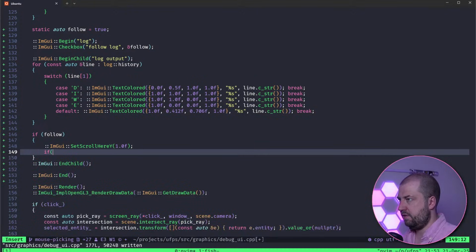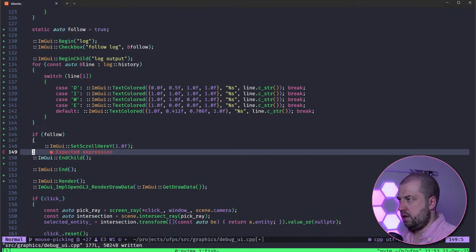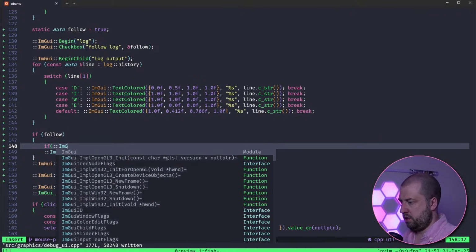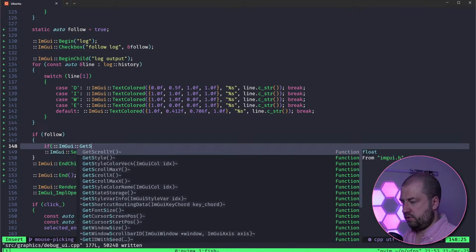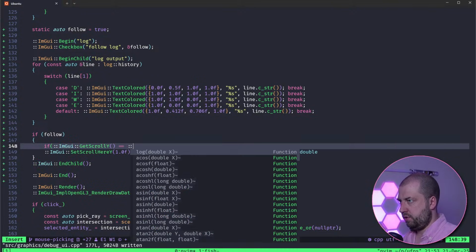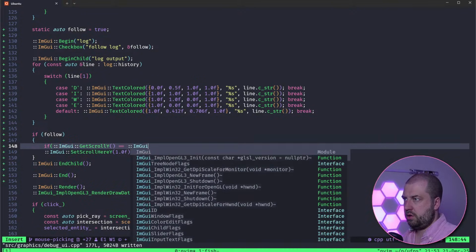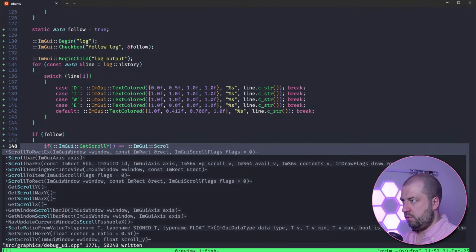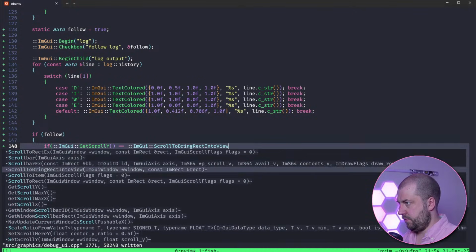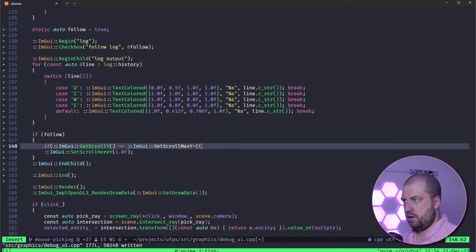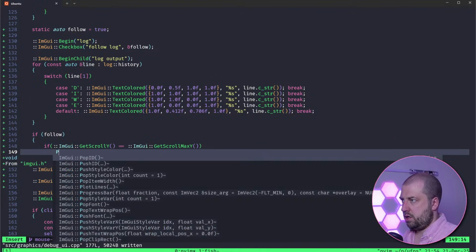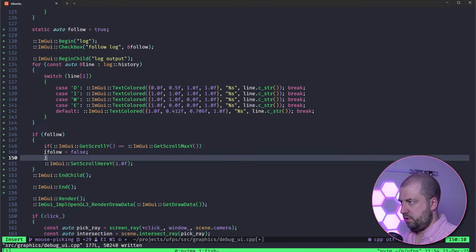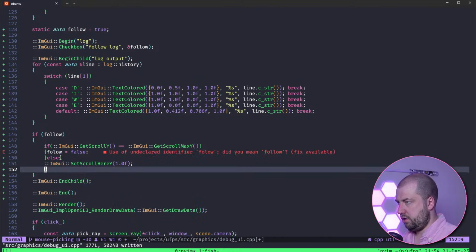But then we could do if GUI get scroll y equals GUI scroll max y, follow equals false, else